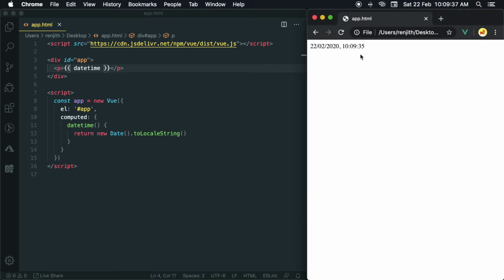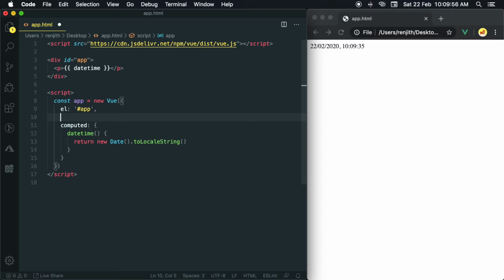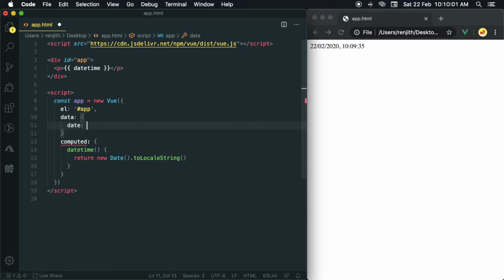Yes, working. Here you can see there is no reactive data property we are using in datetime. That means this property is never going to be updated. To tackle that, we can use reactive data in the datetime property. Let's do it. Create a data called date.